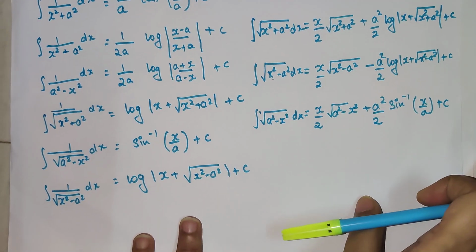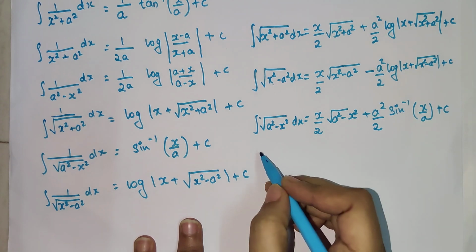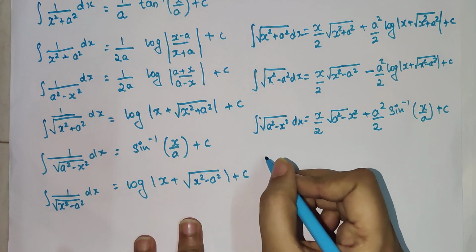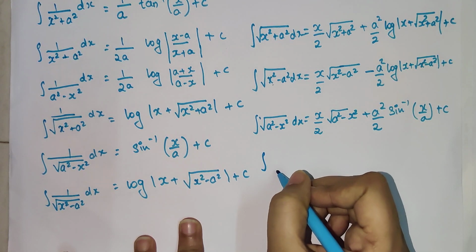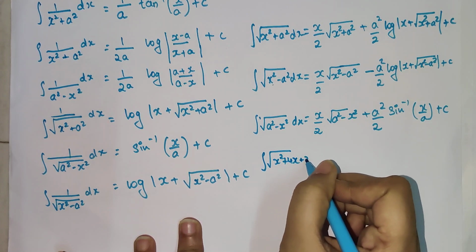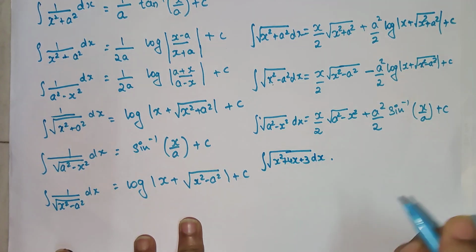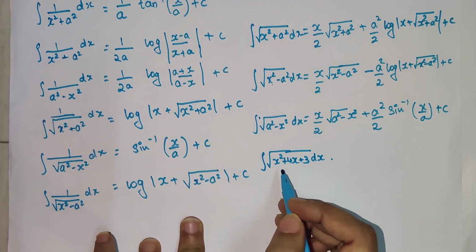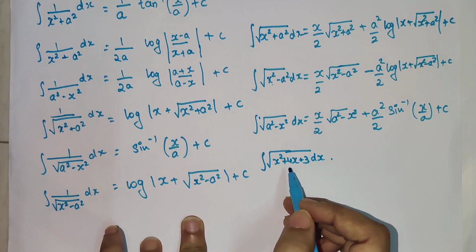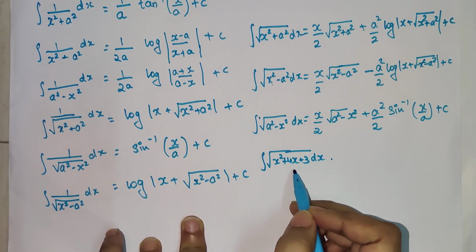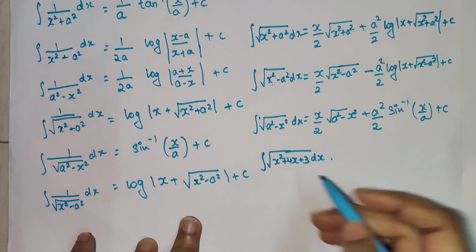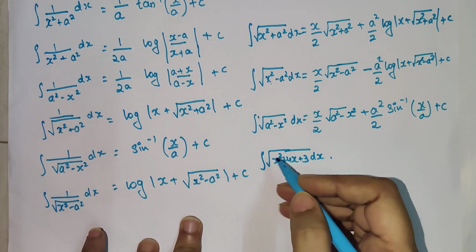Let's try and understand what should be the answer. I'm doing it over here only. So what should be the answer for integration of root of x square plus 4x plus 3 dx? Okay, so now understand there's a quadratic, and we can always use the completing the squares method and put everything in terms of x plus something the whole square, or x minus. In this case the coefficient of x is plus, so we will have x plus.